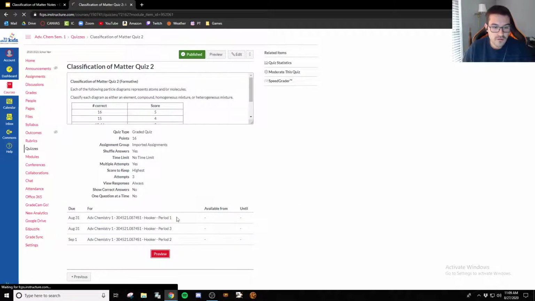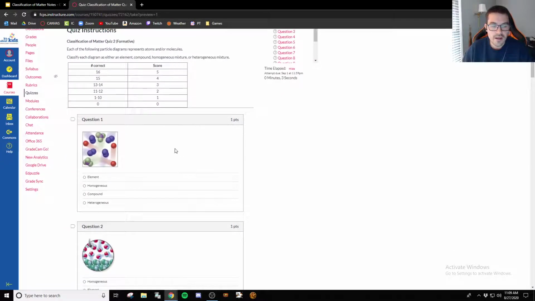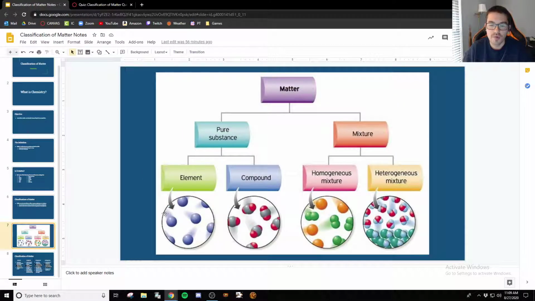This one also has 16 questions, and instead of a word or a name of a substance, I show you a picture. Okay, and in some ways, I think this is actually easier than the first quiz. What I need you to do is basically the same thing. Look at the picture, and based on what you see, pick one of these 4 classifications as your answer. And you might want to have this slide up while you're doing this quiz, right? So you can kind of go back and forth between the quiz and this slide. This slide can really help you because you can compare these pictures